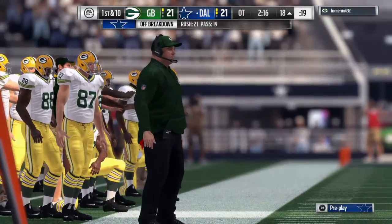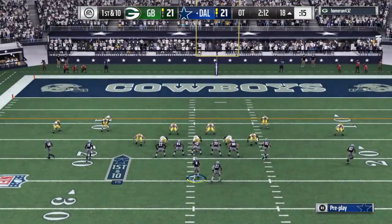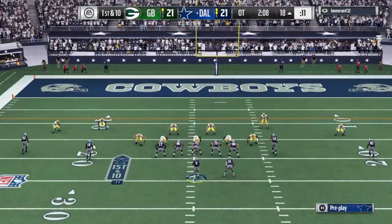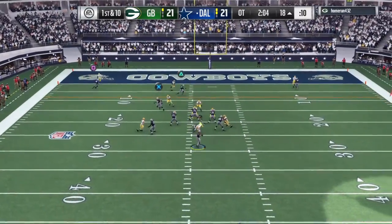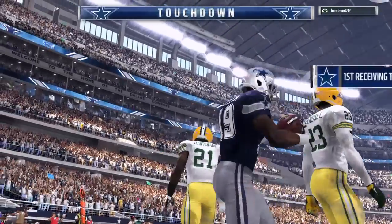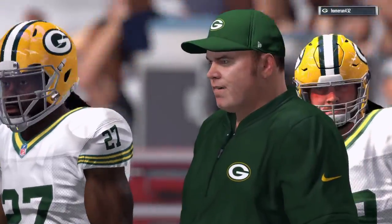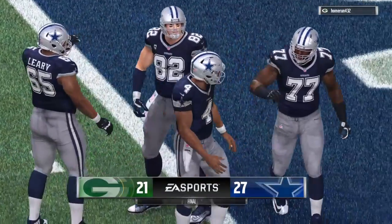And the next snap coming inside the red zone here. From the red zone now, Prescott. This will be caught at the 2. And he is into the end zone for a Cowboy touchdown. So the game-winning touchdown came through the air in